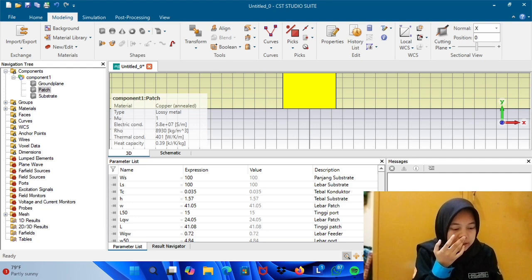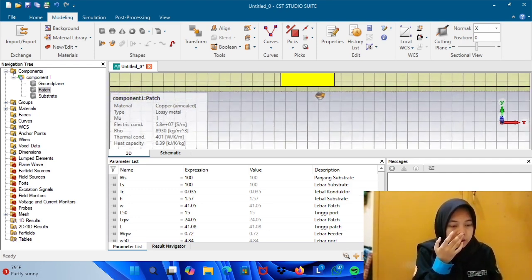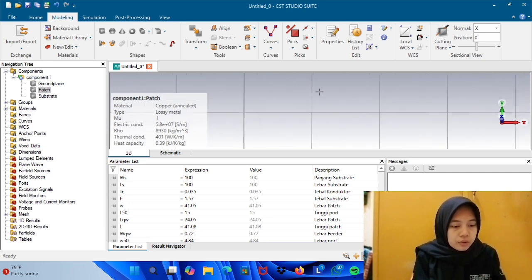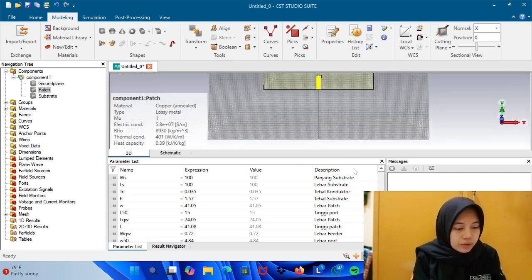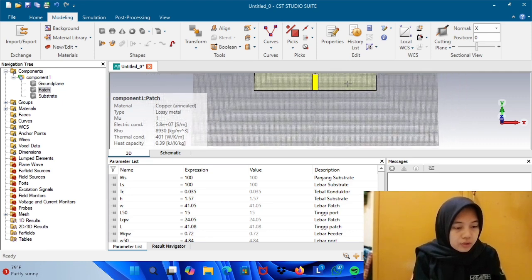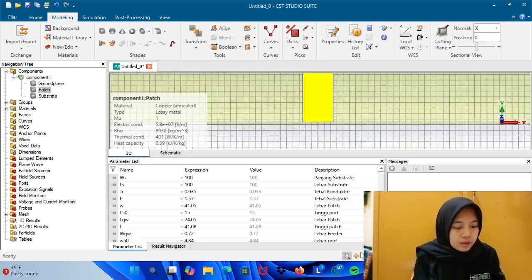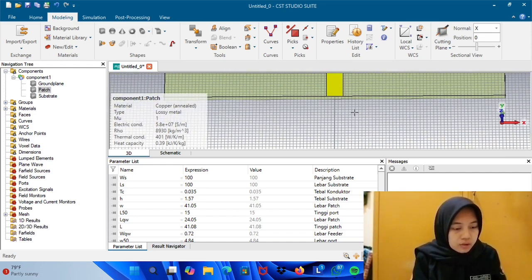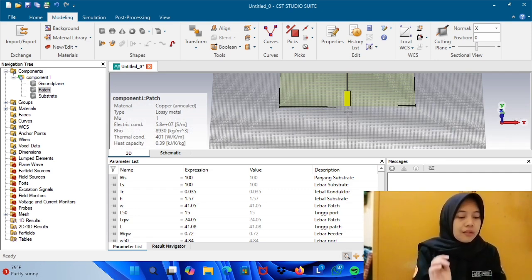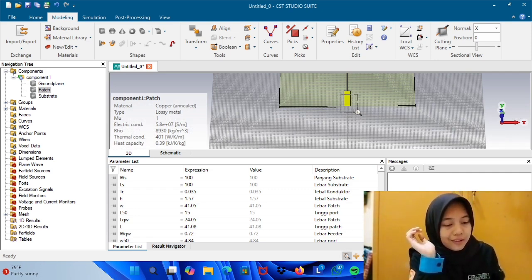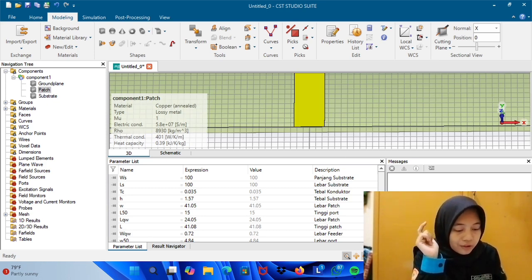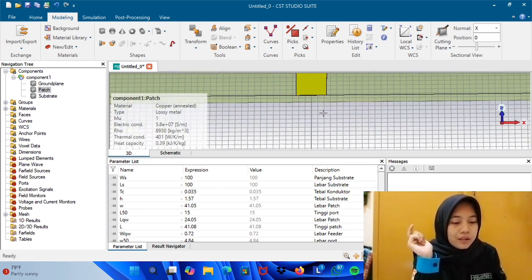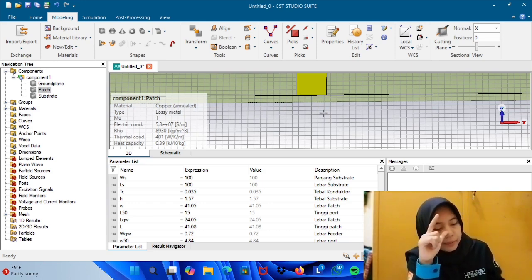You click rotation. Wrong. You zoom out. You zoom in. Yes, rotation again. Zoom out again and zoom in again. Rotation again.